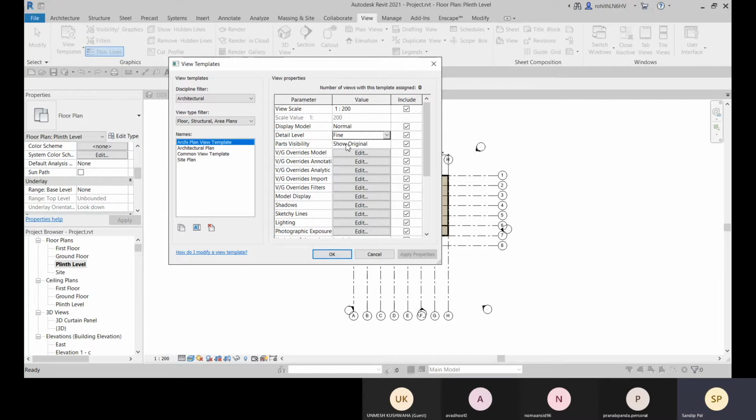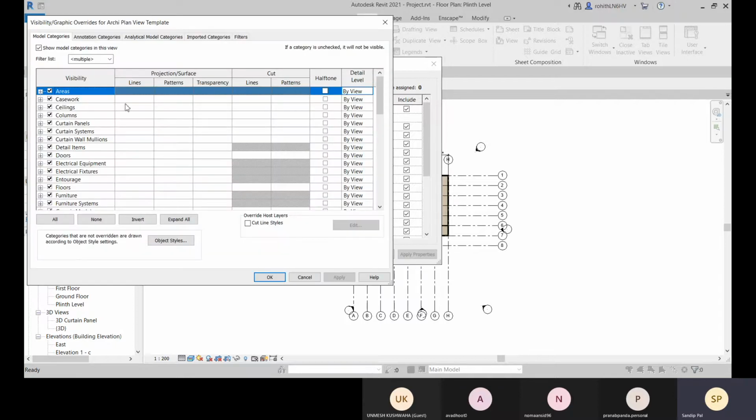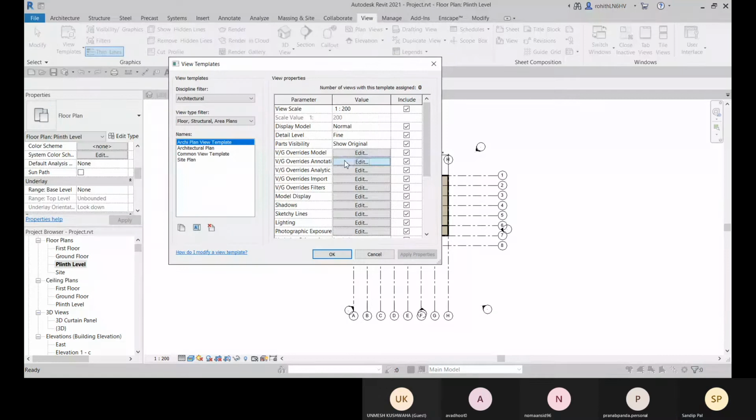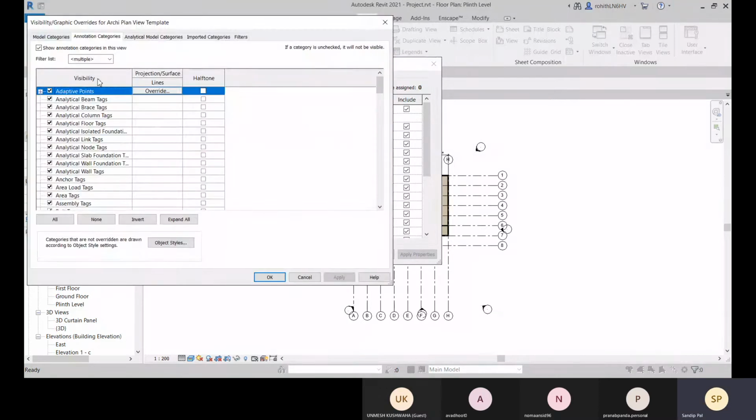And the parts visible, show original, and visibility graphics override model. So with these visibility graphics options, if you need to change any pattern or line, you can apply. For annotation categories, you also have annotation elements, where you can apply visibility graphics and override the visibility.